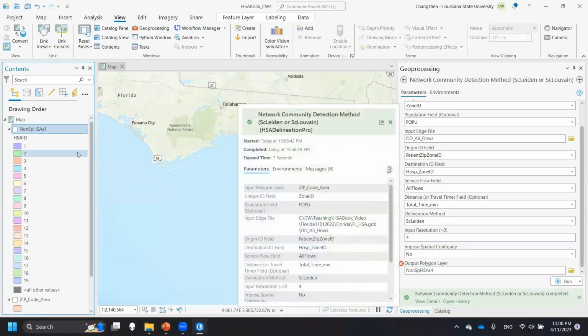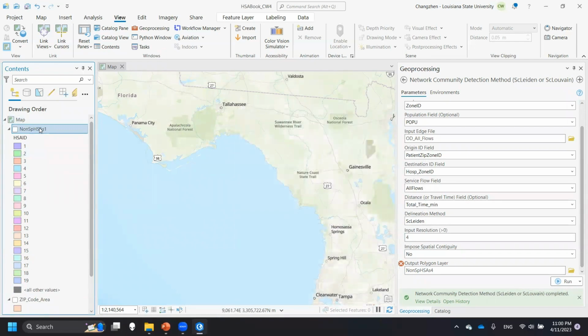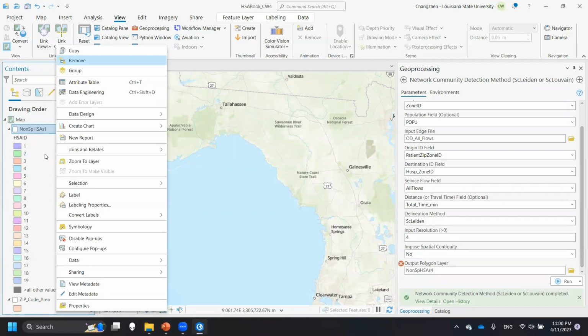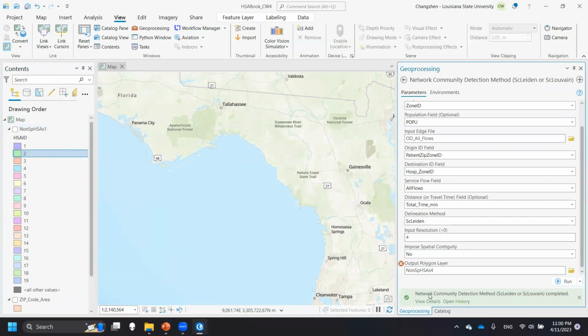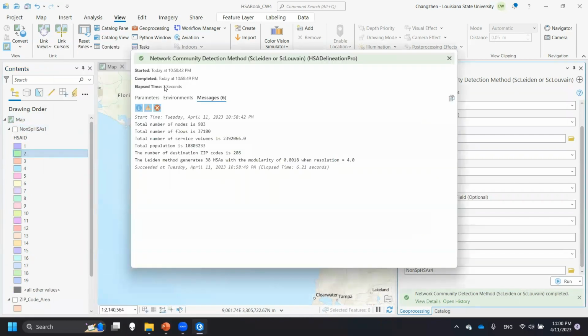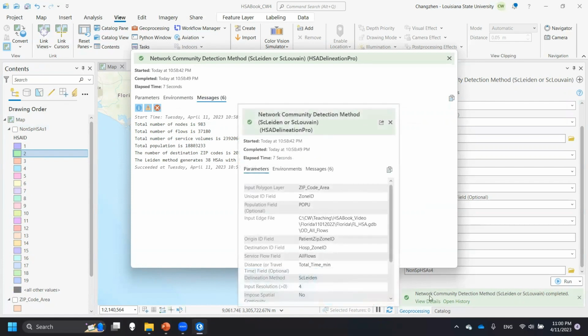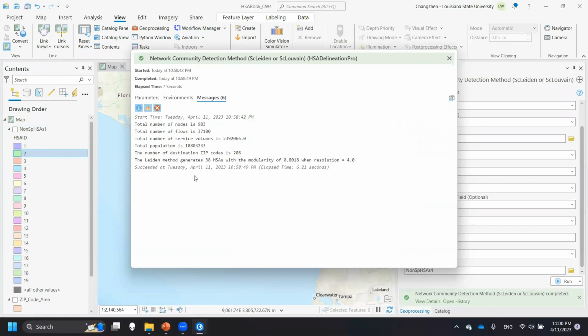And then after you run this tool, let's see how long this takes. It only takes 7 seconds. It's really fast, right? And these are some messages. If you want to know the modularity and also resolution equals to 4, you can go to the message. View details at the bottom of this tool, and then click this one, go to this window, and